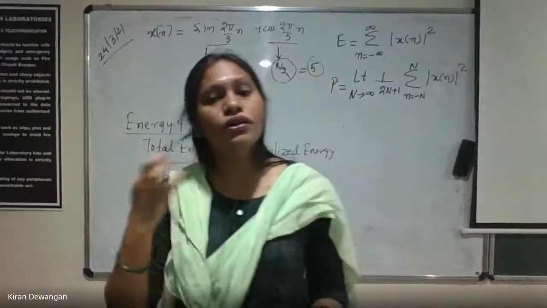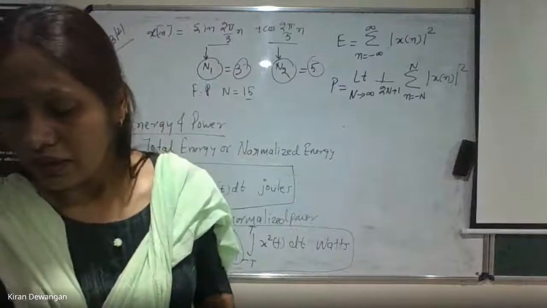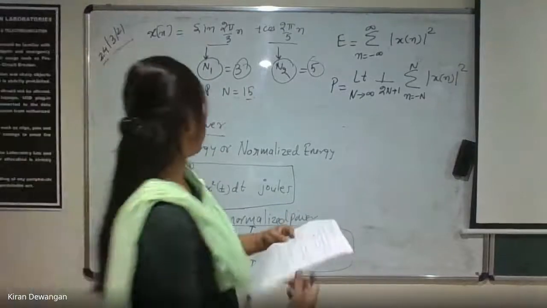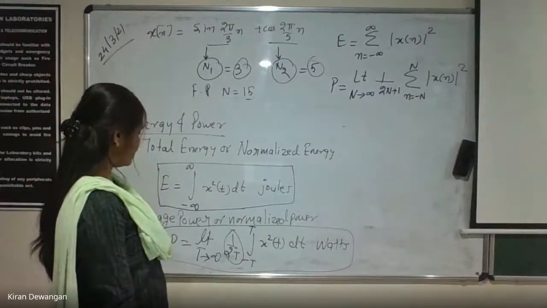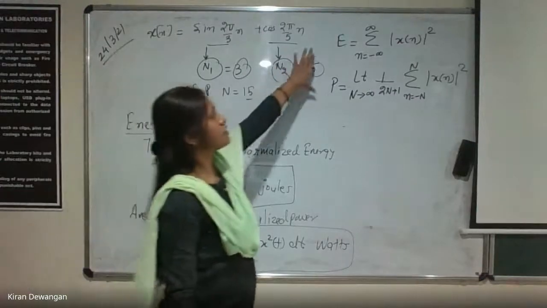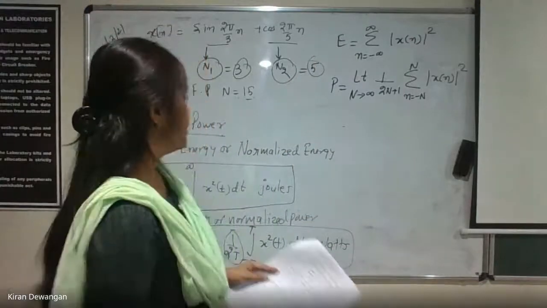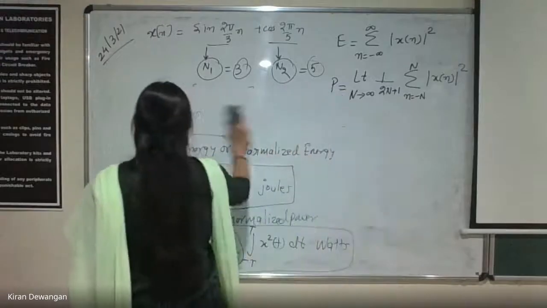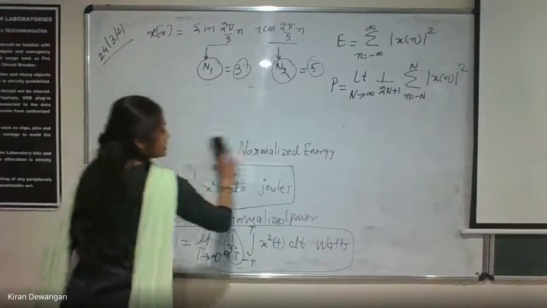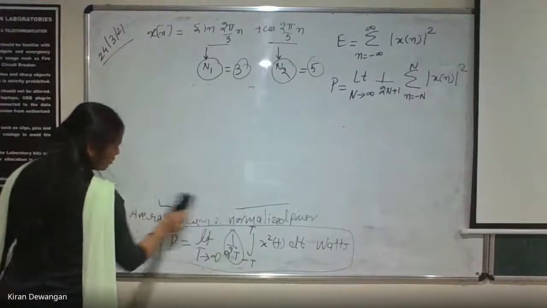Okay, fine. So whenever we start with the calculations, we check whether the power or energy is given in continuous time, in which case it will be calculated by these formulas, and if it is given in discrete time, it will be calculated by this formula. Clear? Now let us go into a few points on how we can decide that the signal is an energy signal or a power signal. That is an important point.